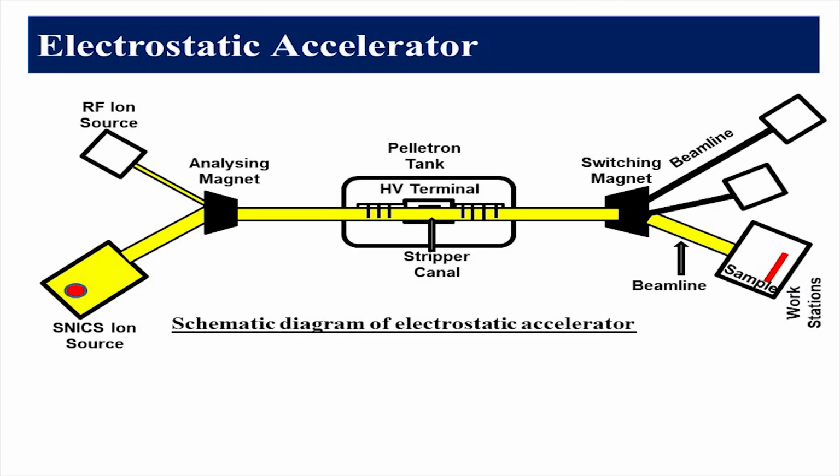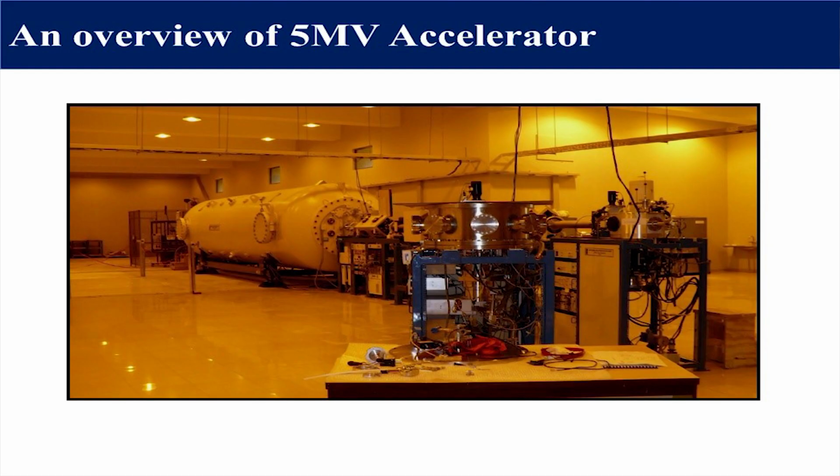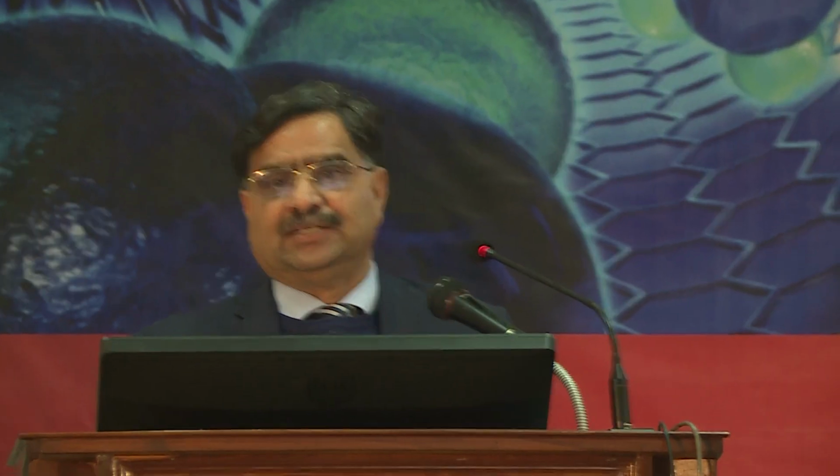And these are the future techniques. I will give you some examples in the following slides. This is the basic principle of an electrostatic accelerator. If we increase the potential, you can see the energy of the ions increases. And this is our accelerator at NCP, the National Center for Physics. You can see when we generate ions here and accelerate them, finally we target them in the target chamber. And what you want to extract from this ion-solid interaction.